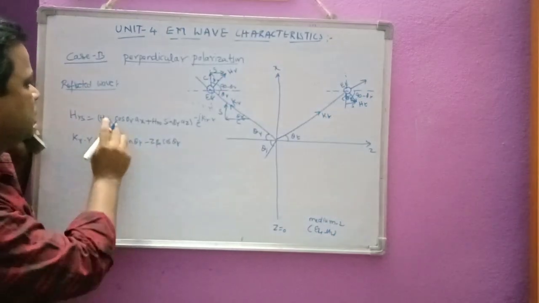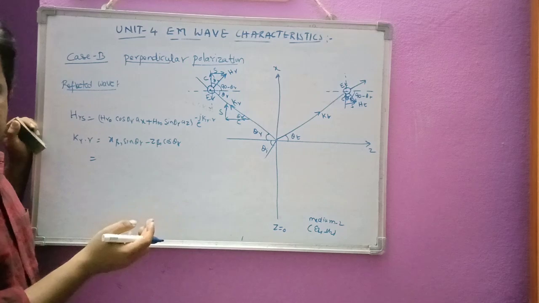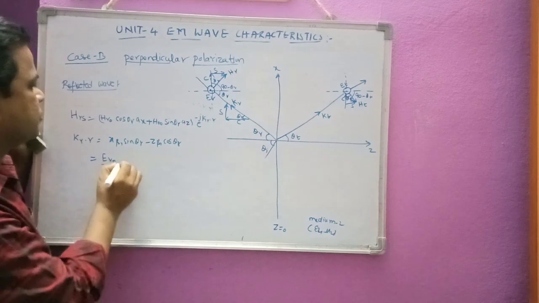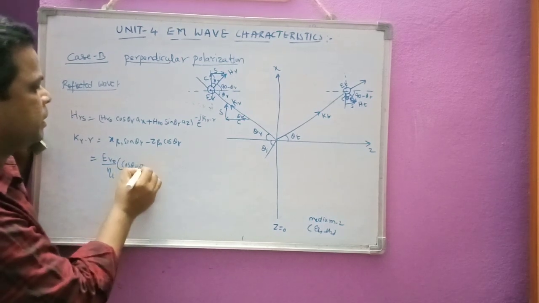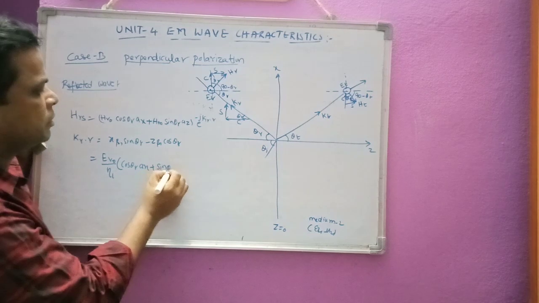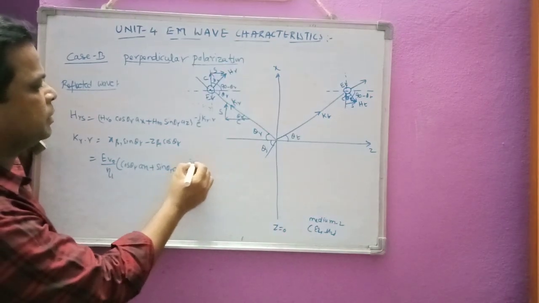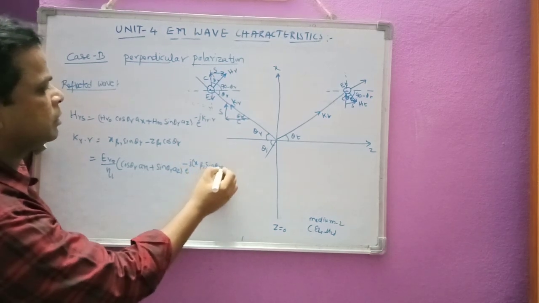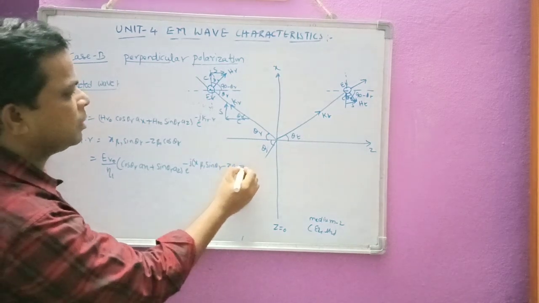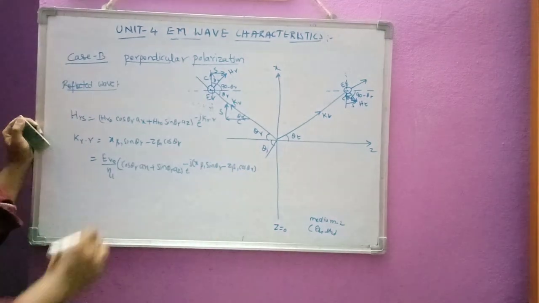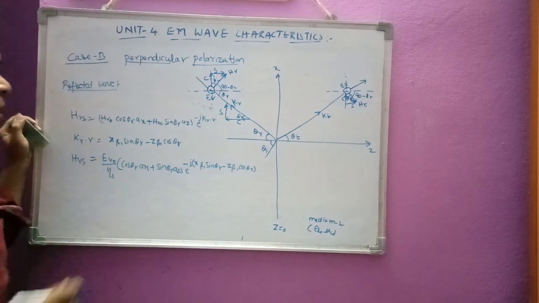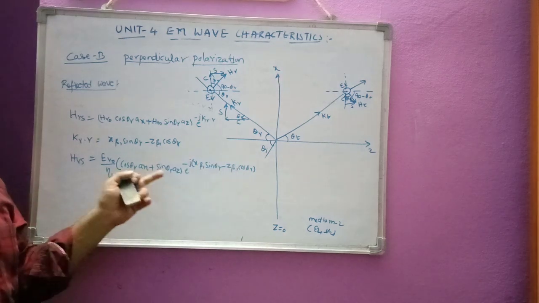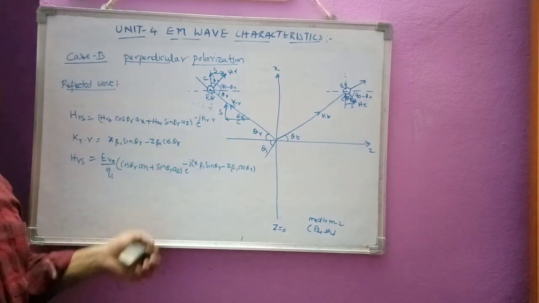Now I am going to take the common thing HR naught here. HR naught I can express in terms of the ER naught equation. That is ER0 by eta 1 into cos theta r ax plus sin theta r az into e power minus j beta 1 times x sin theta r minus z cos theta r. Okay. So this is the equation for the HRS. Anyhow you can take beta 1 common here. I have not taken it common, so in all the equations you can take beta 1 common here.